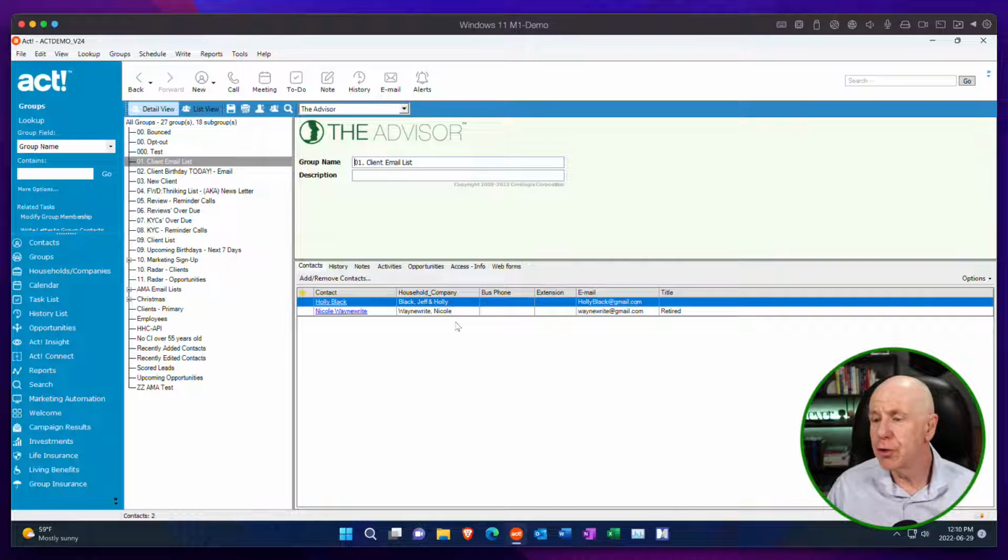Now this just shows after I've done my validation, this is all I can send to is these two people. Actually, there's more than that, but I spelled accept all wrong, or how they've got it configured. Anyways, that's it for the scrubbing part of the database. Now let's go over to